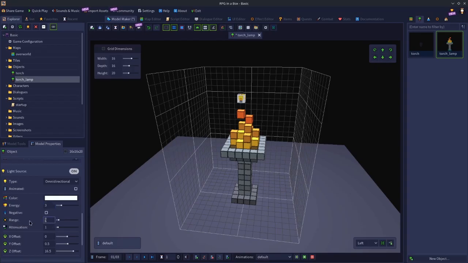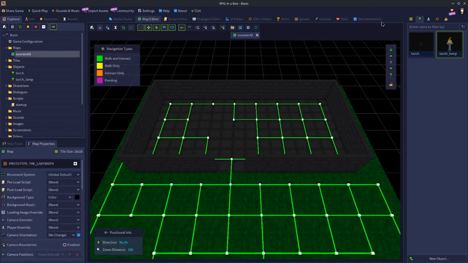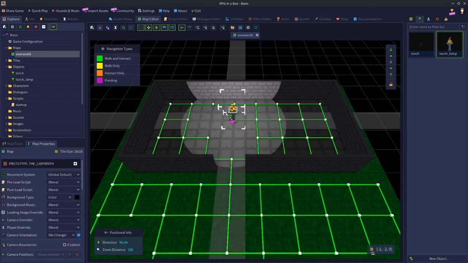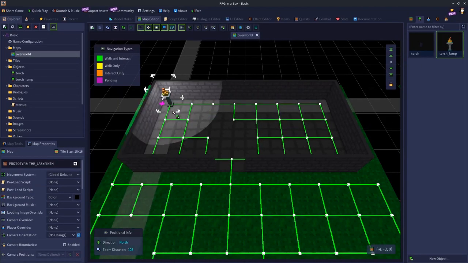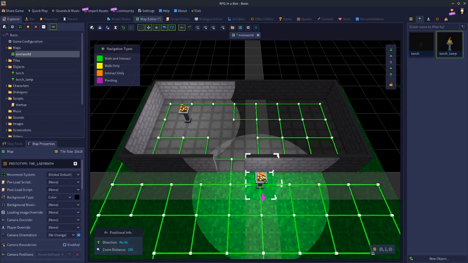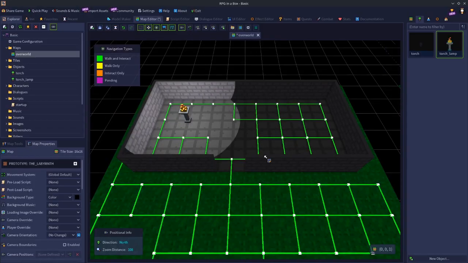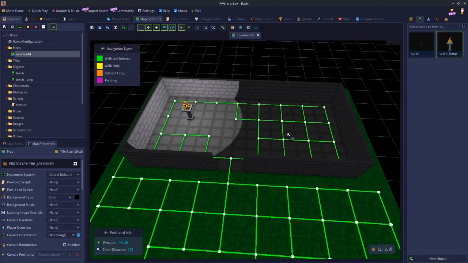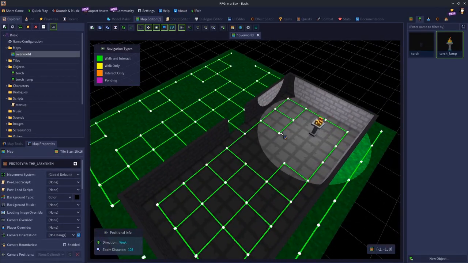Okay, for now I'm just going to set this to 2, and I'm going to set the attenuation to 0. And we'll save this, and we'll go back to the map editor, and we'll place this light down. Okay, so let's put it in this corner here. It's not really the corner, but we'll place it this side of the room here. So as I spin round, you can see